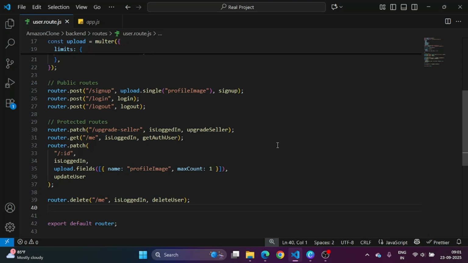So this is all about the user controller and user route. So yeah,